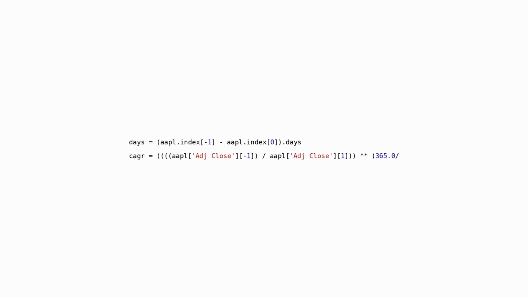This is Python code that calculates the compound annual growth rate (CAGR) of Apple Inc.'s stock. CAGR is a measure of the annual growth rate of an investment over a time period longer than 1 year. Assuming profits are reinvested each year, the code finds the number of days between the first and last recorded date in the DataFrame's index, then uses a formula to calculate